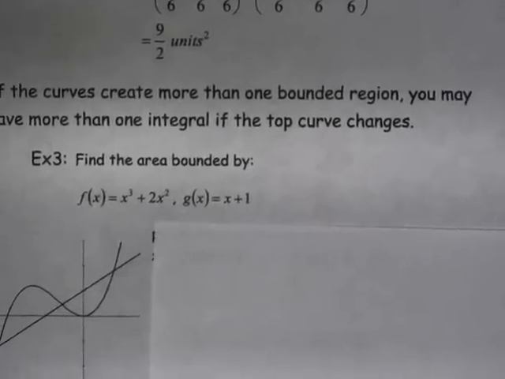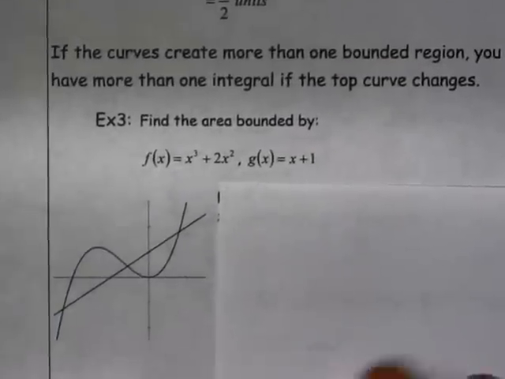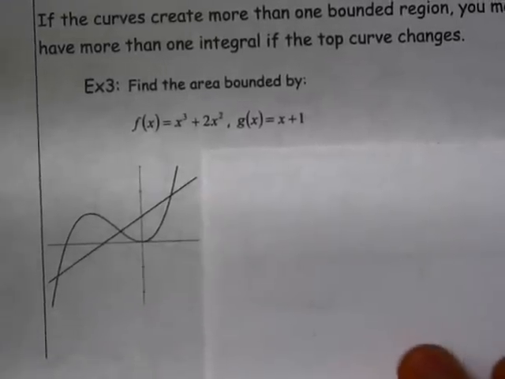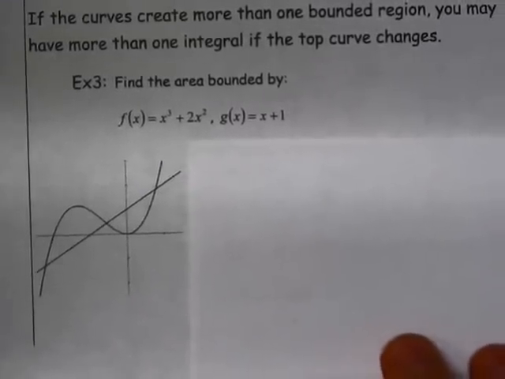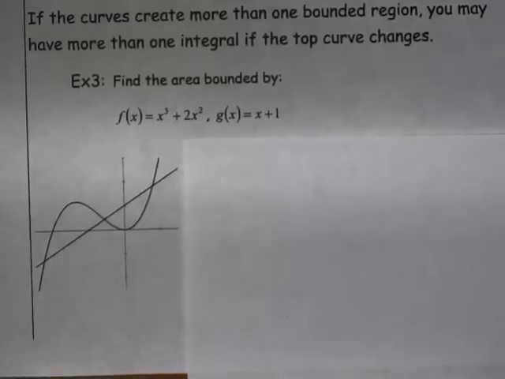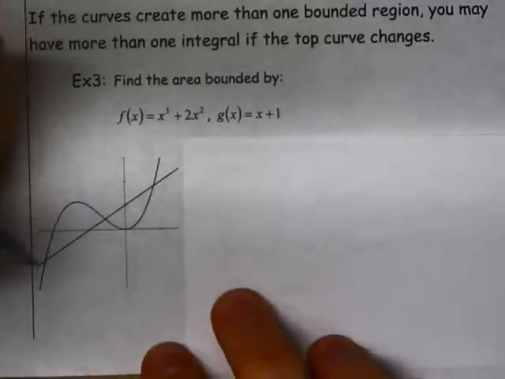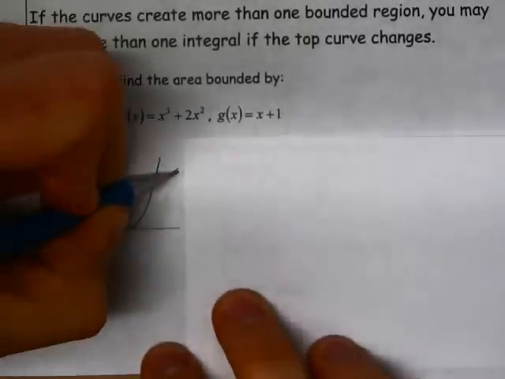So when we graph that, we're going to see it looks like this. And we're going to work this one on the calculator, so we'll get a chance to look at that. You can just generate that on your calculator, get a good viewing window so you can see those points of intersection. So obviously here, this straight line is g of x,